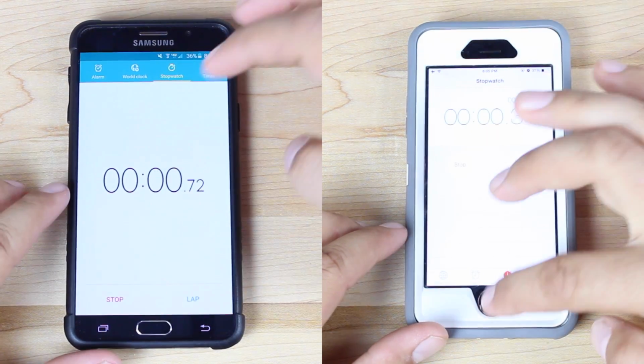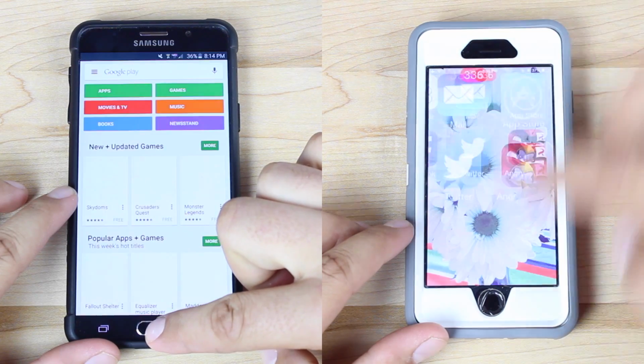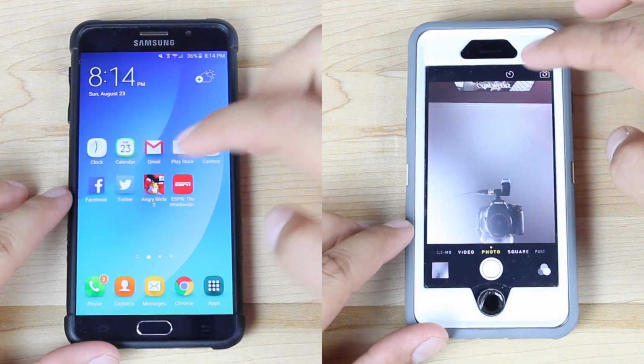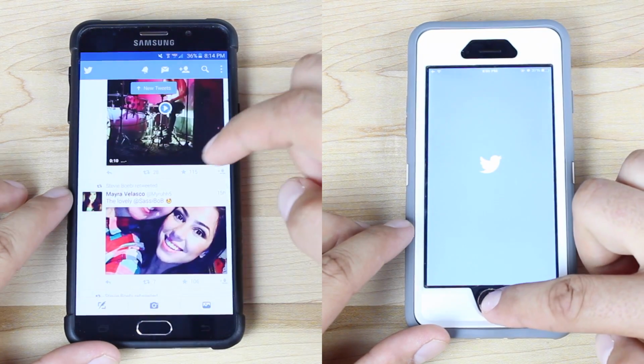Alright guys, we got the Note 5 on the left, the iPhone 6 on the right. We'll start things off by starting up the stopwatch, and then we're just going to run through a couple of stock applications. Now, these phones should both be able to chew through stock applications very quick, like they are. As you guys can see, they're pretty much neck and neck. Where things start to differentiate a little bit is in these intensive apps where the phones are having to actually